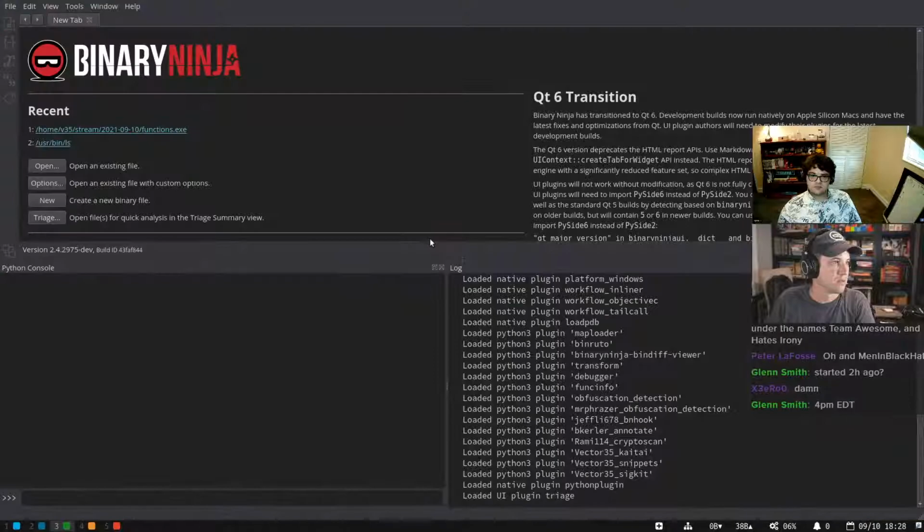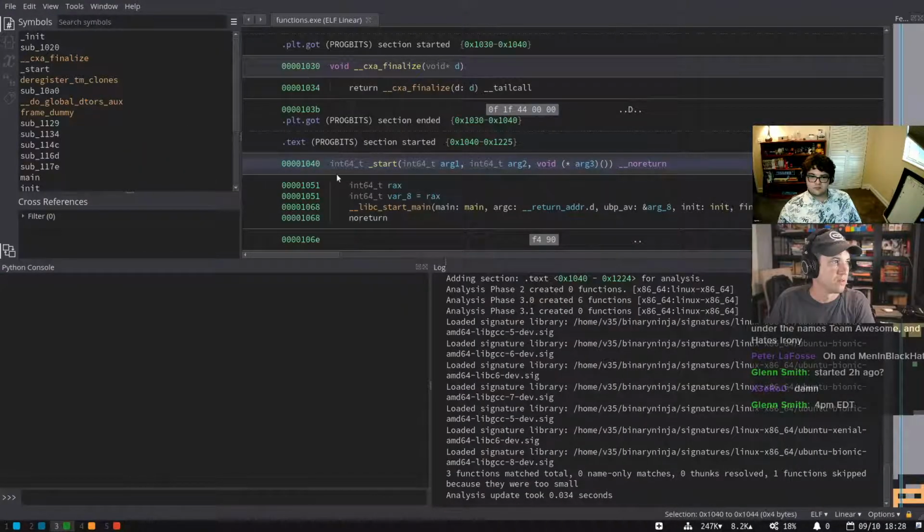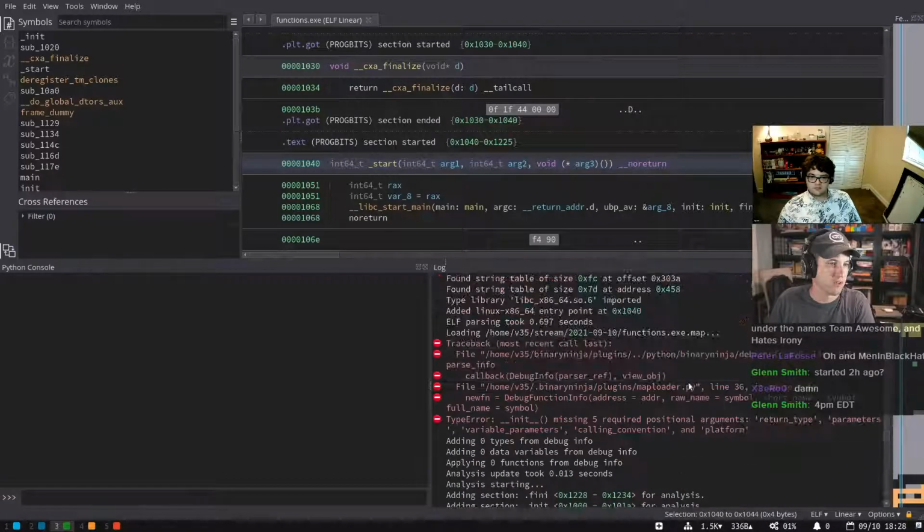Let's see if we created functions. Ah, required. Oh, these are all required positional parameters. Return type parameters. I thought you said I have to provide them. Can I just provide them as none? Is that the idea? You didn't used to have to, Peter. Peter, all right. Well, this is where we're testing out. Yeah, these should be optional.